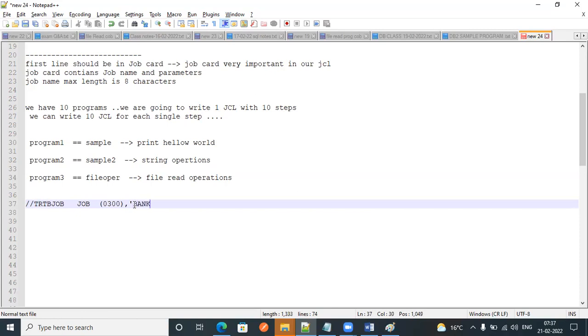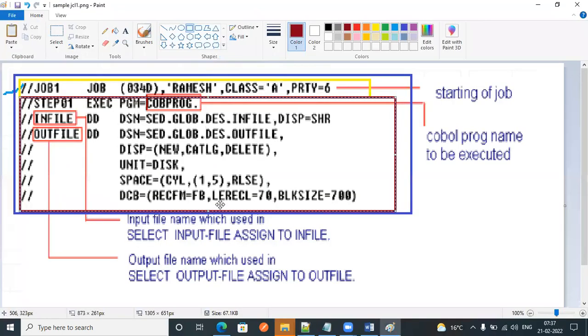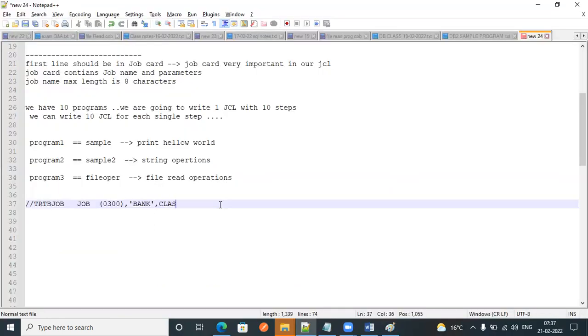I'm going to keep it as some bank. Okay, next, class A, priority, next MSG class was there, next notify.